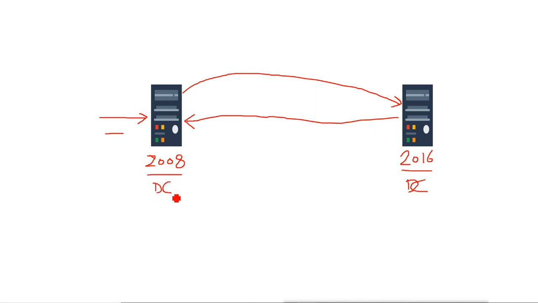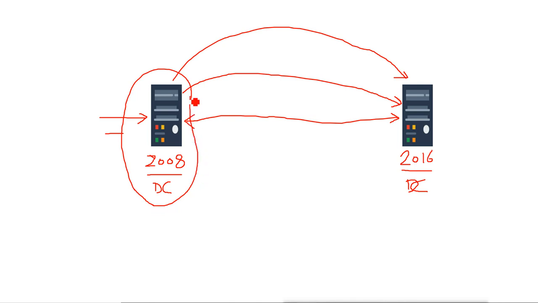When you make this machine a domain controller, every setting and every configuration of the domain controller will automatically move to this Server 2016 machine. After everything is moved, whatever applications you have, you can migrate them also. Then you can remove this server and reinstall it with 2016. Because we cannot do an upgrade, we will completely remove this and do a custom, fresh installation here. After the fresh installation, this will become 2016 again.